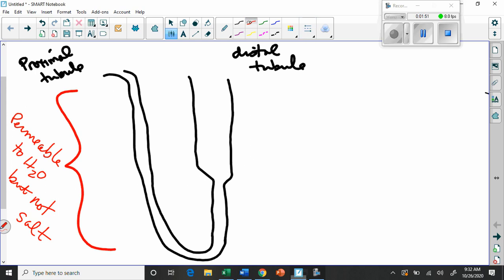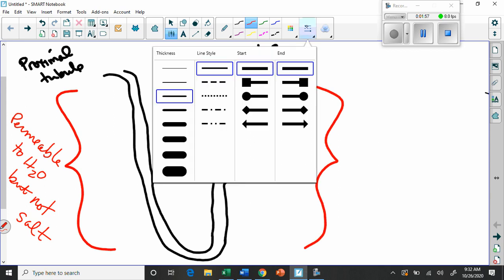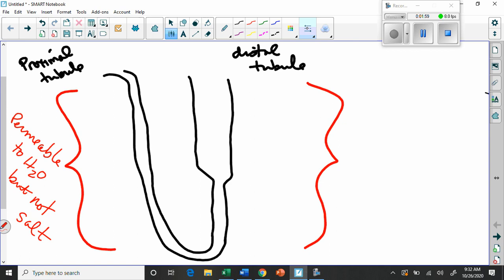And the other side of the loop of Henle, which is on this side, is more permeable to salt, but not so permeable to water. Okay? In particular, the bottom section down here,